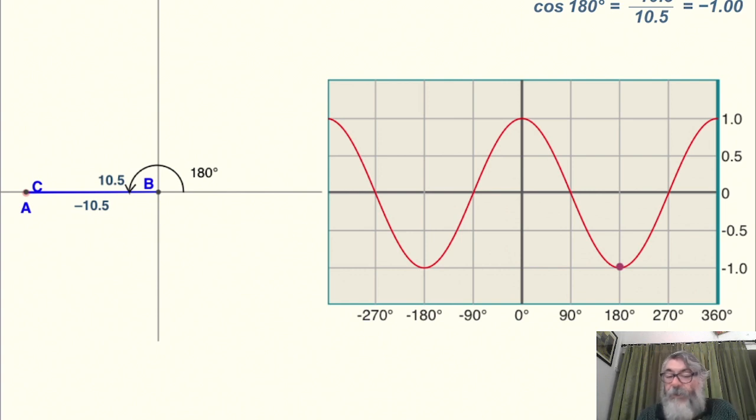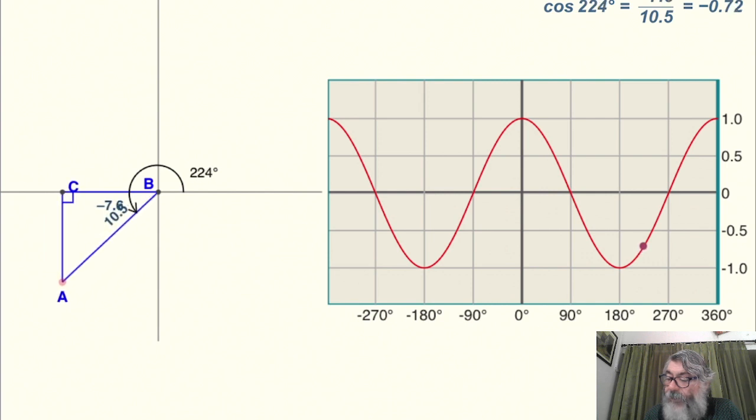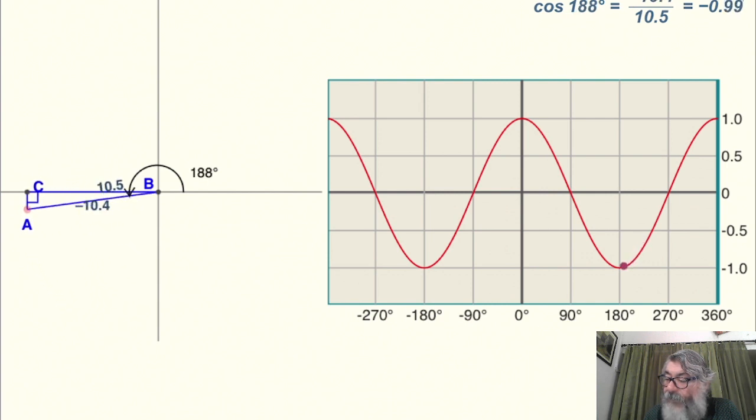Now when I start moving C again, in the third quadrant you notice that it reached the minimum value at 180. It reached the minimum, that is minus 1, because the value of sine was between minus 1 and 1. Similarly, cos is also between minus 1 and 1. Neither will it go beyond plus 1 nor come below minus 1. So it varies between minus 1 and plus 1.